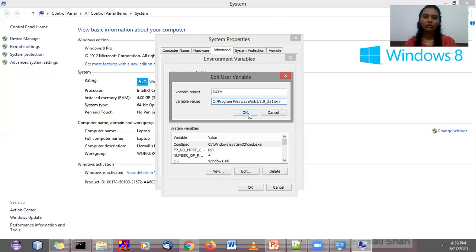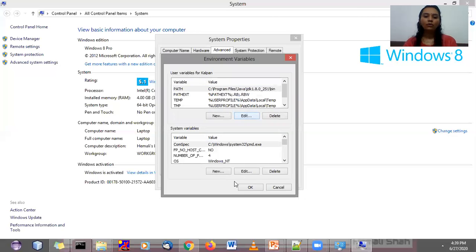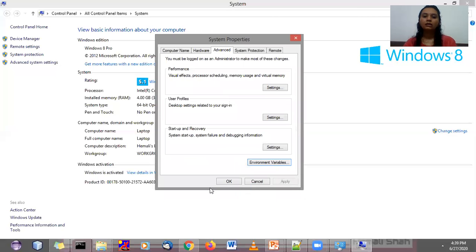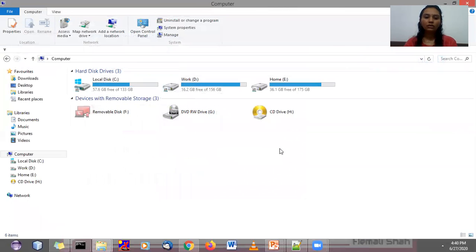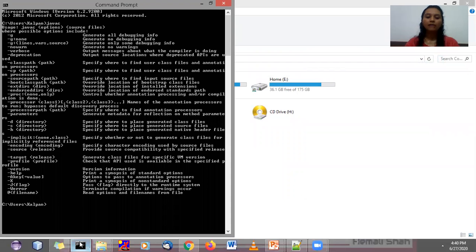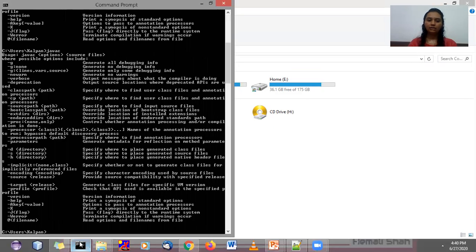Currently, I have only a single JDK path variable setting, right? So I am only using that path. Press the OK button and close all the windows, right? Now, after closing all the windows, you have to restart your command prompt and check like this: javac, then press enter, right?